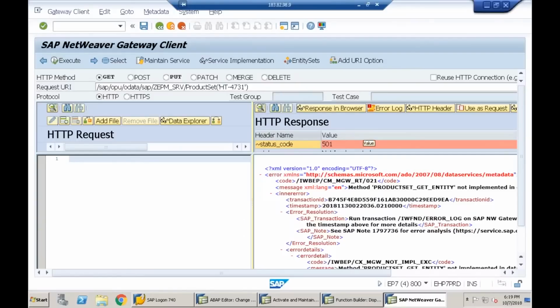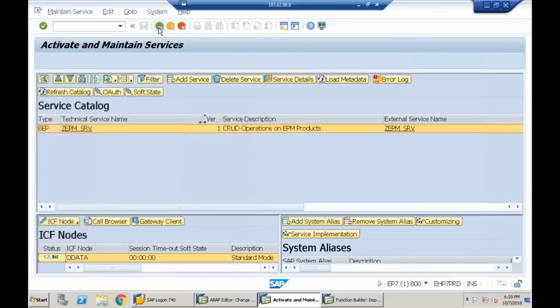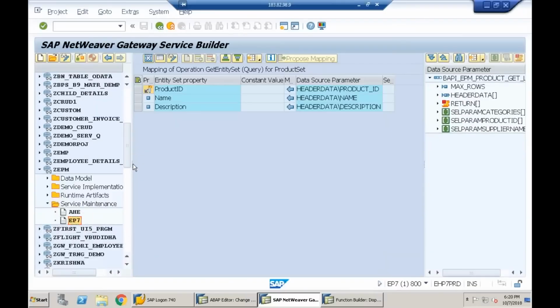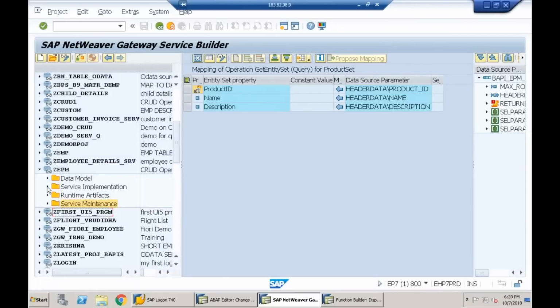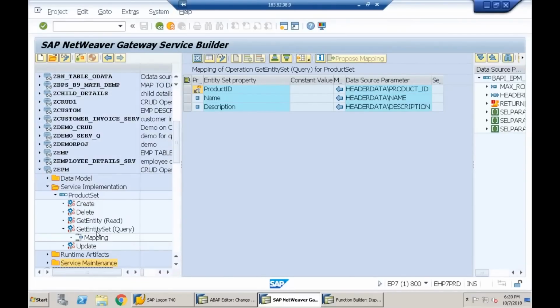So what is the next agenda now? We are able to query multiple records. Now I should be able to query for a single record. So what is the process now? Go back to your service implementation. Under service implementation, yesterday we implemented the stub get entity set. This is for querying more than one record. Now if you want to query for a single record, we have to implement the stub called